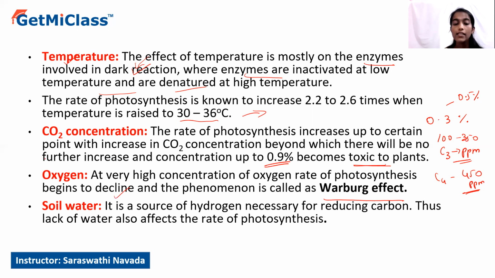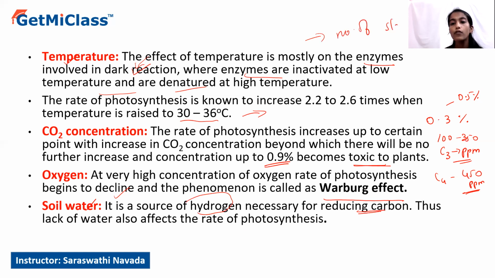And next is regarding the soil water. Soil water has a very small impact on the rate of photosynthesis. But anyhow, it acts as a source of hydrogen, which is necessary for reducing the carbon during photosynthesis. Hence, lack of water also affects the rate of photosynthesis, but its impact will be minimum. Whereas coming to the internal factors, they mainly include the number of stomata